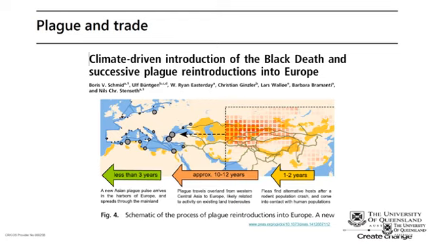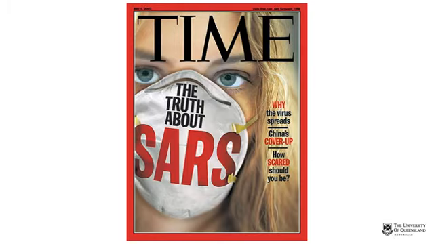So the issue with plague wasn't just simply a public health issue, but an issue of trade and economic development. So when we look at a solution, we might actually start to look at talking to different people about the solution, rather than just keeping it within our own disciplinary and professional boundaries. The reason I think this is important is that